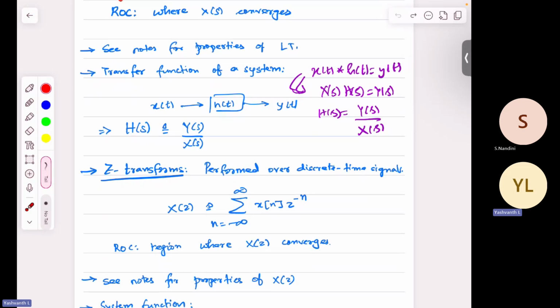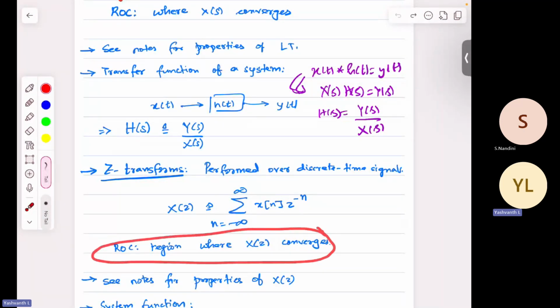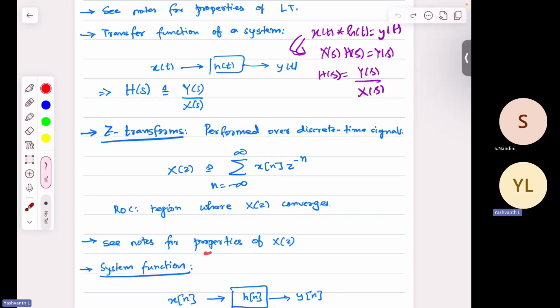Similar to the Laplace transform, you can also have a region of convergence for the Z transform. That is the region over which this infinite summation X of z converges. Again, you can see the notes for the properties of